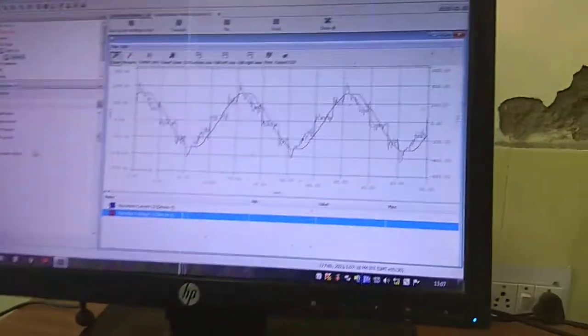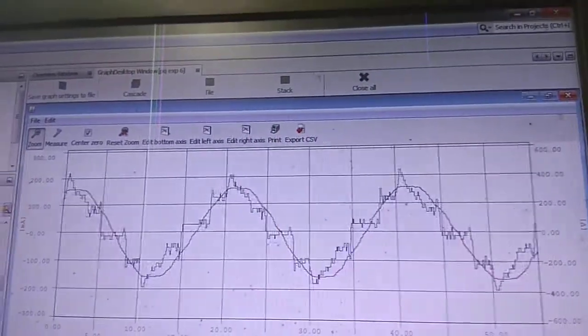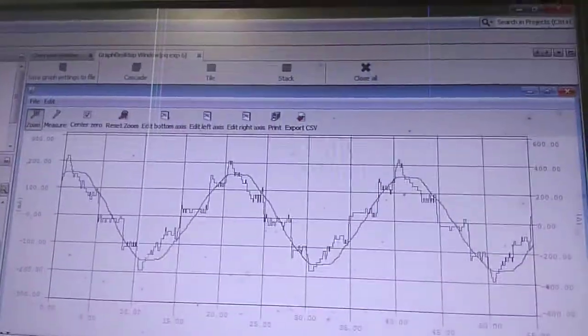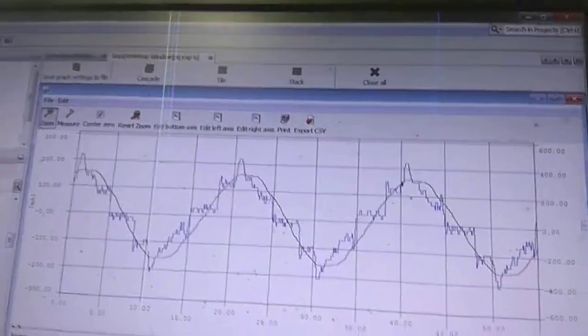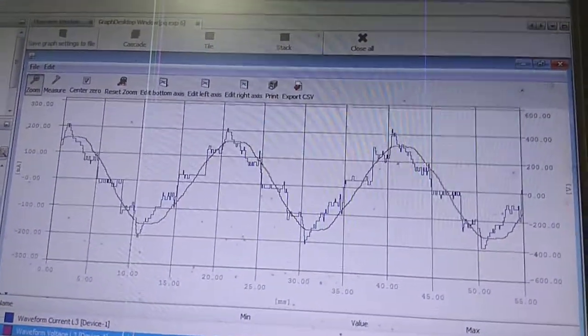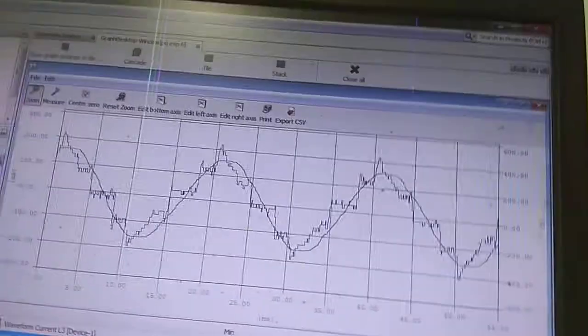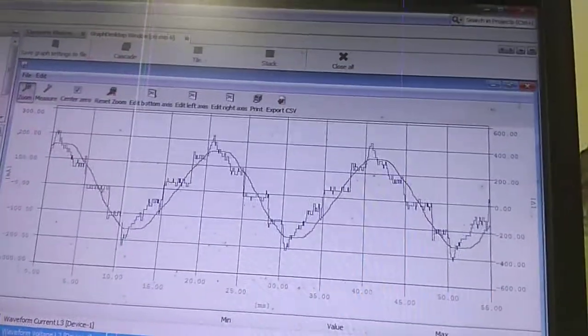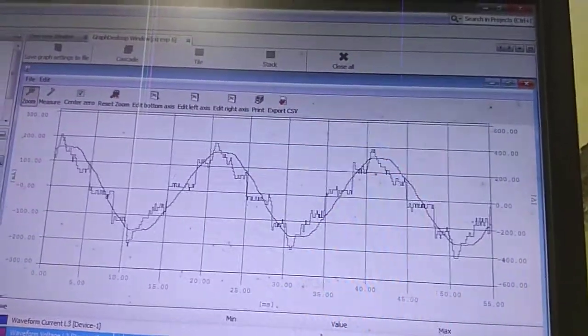Okay, the voltage is not distorted. You are getting a sinusoidal voltage because this is the supply voltage. Now, supply voltage cannot get easily distorted. That is the thing I would like to tell you, that supply voltage cannot easily get distorted until and unless the current magnitude is high. But as you can see, the current magnitude is very low in this case. So the voltage waveform is almost sinusoidal, but the current is not.